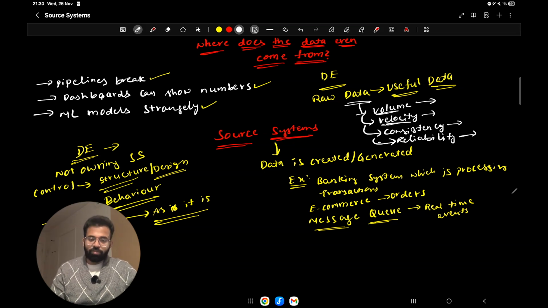And then if we talk more, two of the most common source system patterns that you get to see, not just nowadays but for a long time, let's talk about them. One is the application server and database pattern.